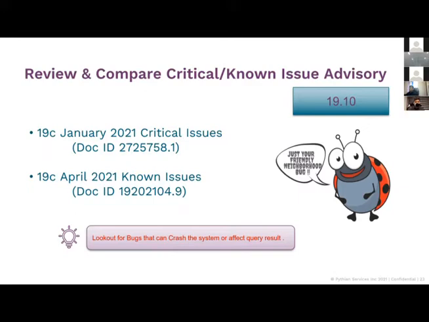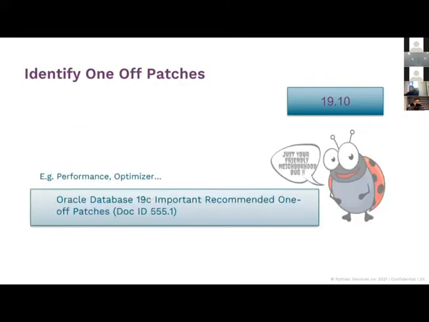So those are the things that depend on your configuration. By configuration I mean, suppose there's a bug that's only affecting Oracle RAC, and not affecting an Oracle standalone, then great. If you're running on a standalone, you really don't need to bother about that bug, right? So depending on your configuration, you need to choose and then finalize. But the point is you have to be aware of these bugs when making a decision.